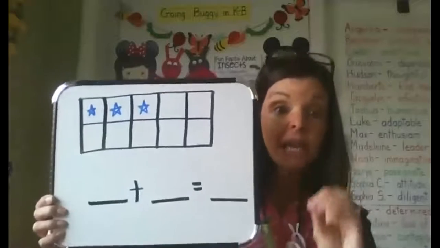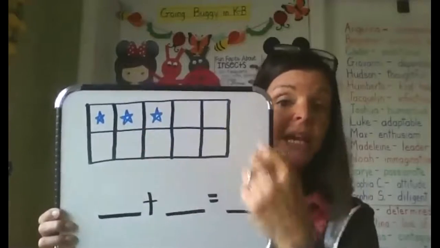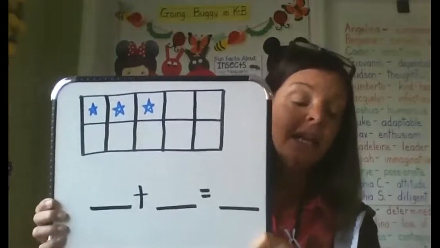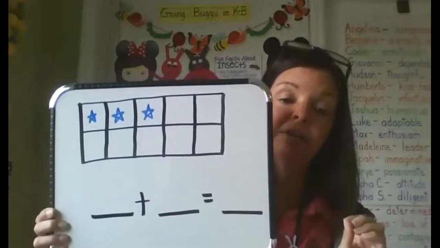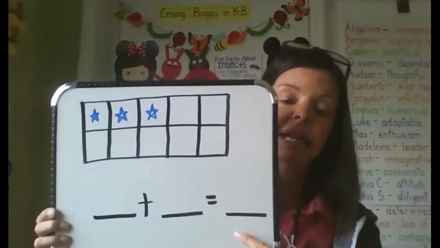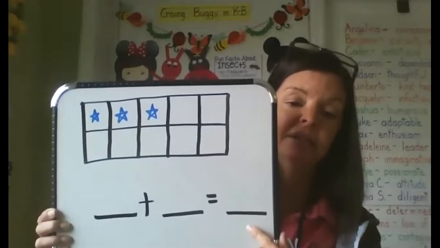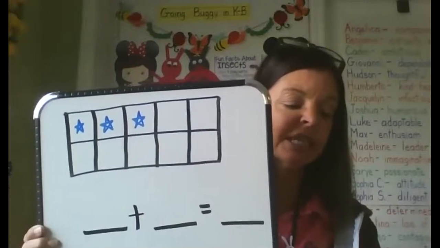That's right, because there are 10 spaces. There's 10 spots in here. And so your job today is going to be to make a math problem out of it that makes 10. So this answer over here is always going to be the number 10. So the way that we're going to do this, we're going to take a minute and look